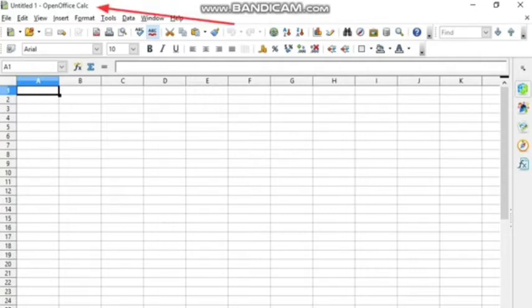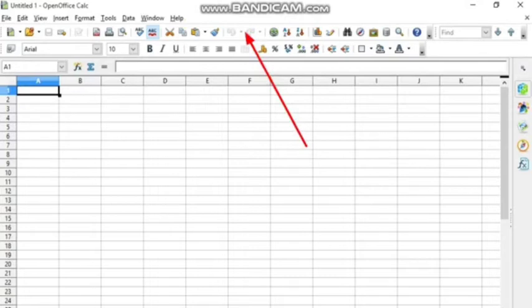Let us look into the menu bars. But first of all, you can see the first bar, which is on the top where untitled one is written. That is called the title bar. And after that there is a menu bar where you can see file, edit, view, insert is written. So all these menus are present over the menu bar. The second bar of this sheet is called the menu bar.